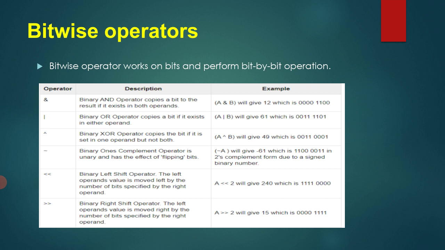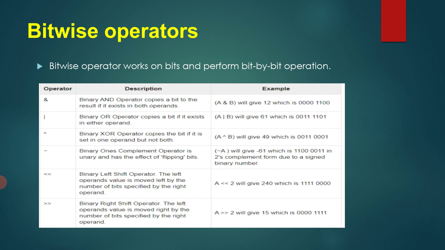Next is the ones complement operator. Binary ones complement, the fourth operator. As in the logical category we have studied the NOT operator, the NOT gate is used to produce the inverse of the input, or the complement of the input. Similarly, this complement operator is used to produce the inverse, or it works as a NOT operation. So it produces the inverse. If we have a value 1, you will get the output as 0.